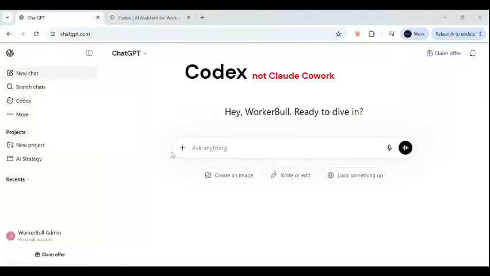Okay, so like I was saying, Cloud Cowork is part of ChatGPT. It's a desktop version of ChatGPT that you can use to work on your computer. And for you to use it, you need to have a paid subscription, at least the Pro plan, which is about $20 a month. When you have subscribed, when you have set up the $20 a month in ChatGPT, you can now have access